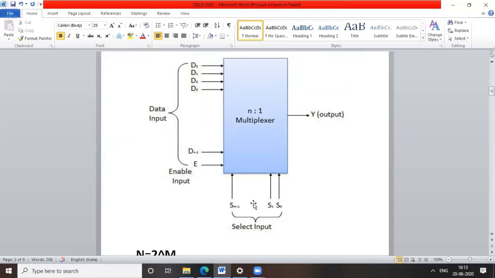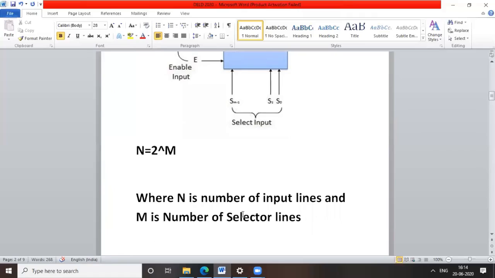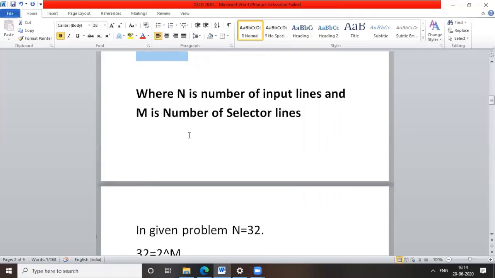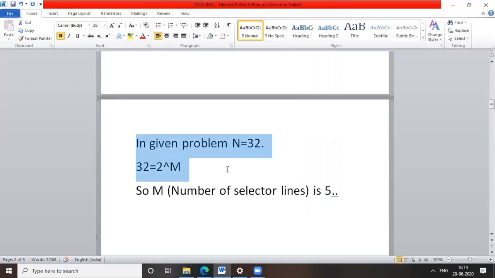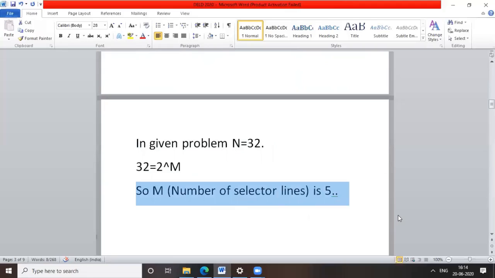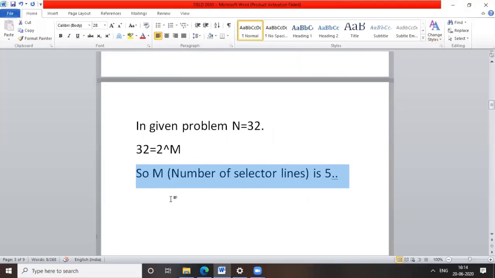So how many registers are given here? 32 registers. So in order to select one of the input registers, how many selector line we will require? So here just use this equation. What is value of n here? How many inputs are there? 32 inputs. So as there are 32 registers, we can say that value of n will be 32. So this equation will become 32 is equal to 2 raised to m, where m is selector line. So what should be the value of m? The value of m should be 5. So here we can say that in order to select one of the register out of 32 registers, we will require total 5 selector line. So here answer is 5.